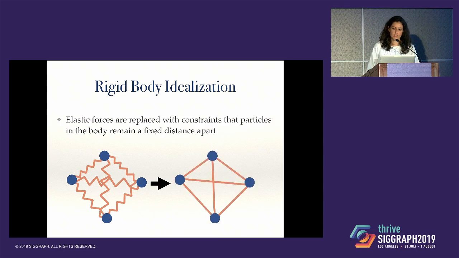And in the rigid body approximation, instead of thinking of our object as being made up of a bunch of particles that are connected by some very stiff forces, we're going to just say that actually there's a constraint between all these particles. So on the left, I might just put a bunch of springs between my particles and say, well, these springs are very, very stiff, so there's not going to be much deformation. And that's fine, you can do that in your mass spring system, but what you'll find is that you'll be forced to take very small time steps,